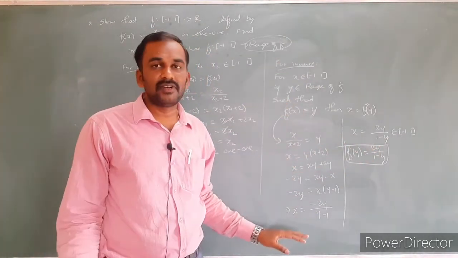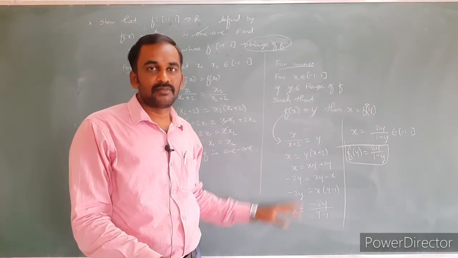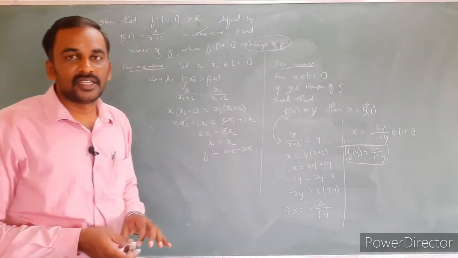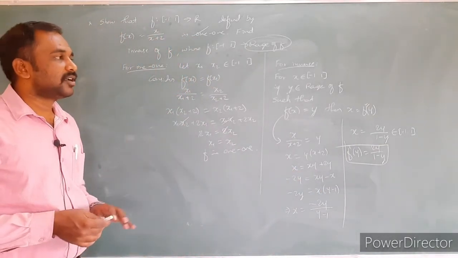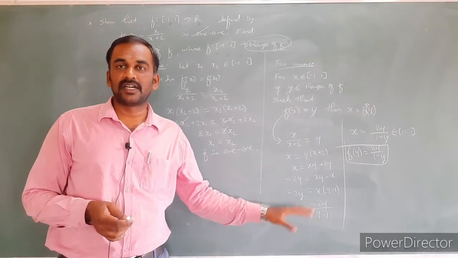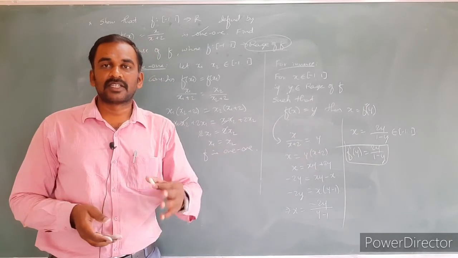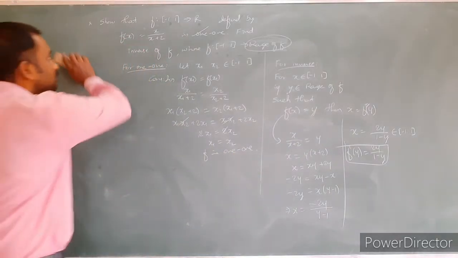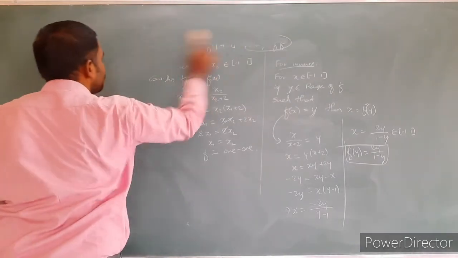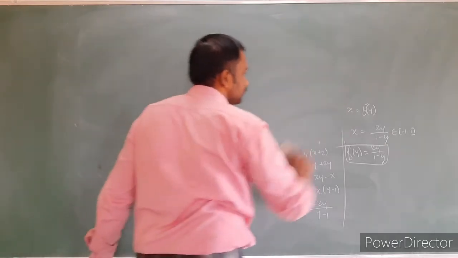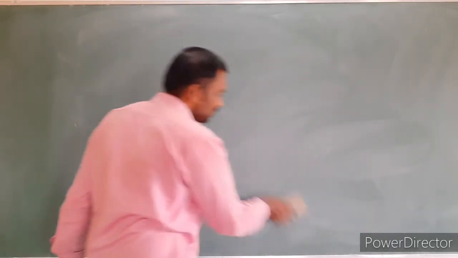So finding the inverse is part of the onto. Finding the inverse is nothing but what? Part of the onto. We can easily get the solution. Okay, I hope you are clear about how to find one-one, how to show one-one and onto, and how to find the inverse. Now based on the similar model, take the next example. Just practice it, you will come to know it.